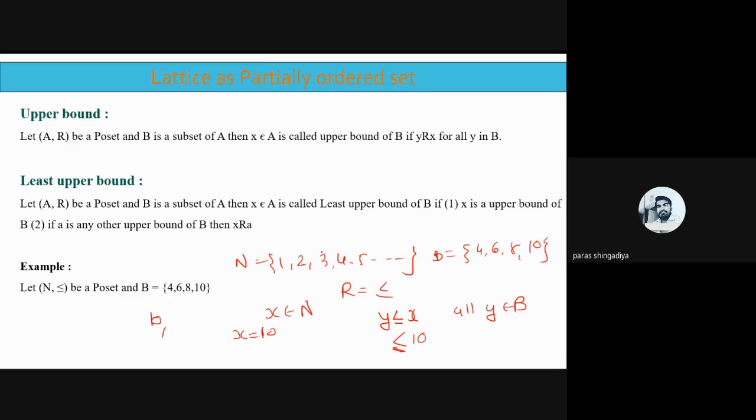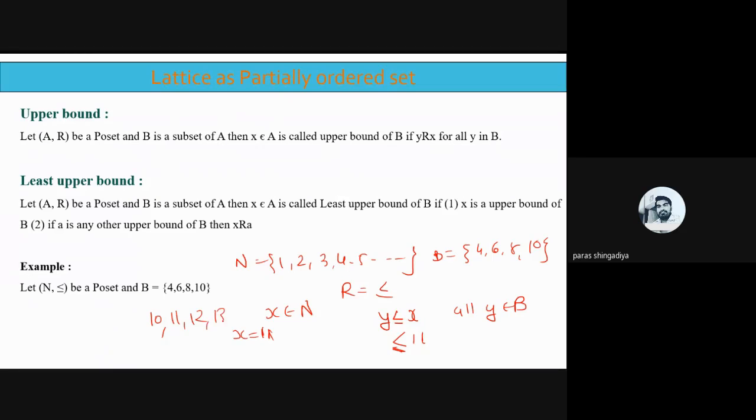So 11 is also an answer. X equal to 11, and just consider 11 here. Now replace one by one value of y: 4, 6, 8 and 10. So for all values of y that condition will be true. 4 less than or equal to 11, 6 less than or equal to 11, 8 less than or equal to 11, and 10 less than or equal to 11. So it is true for all such values of y. Therefore we can consider 11 is also an upper bound. Clear? So 10, then 11,